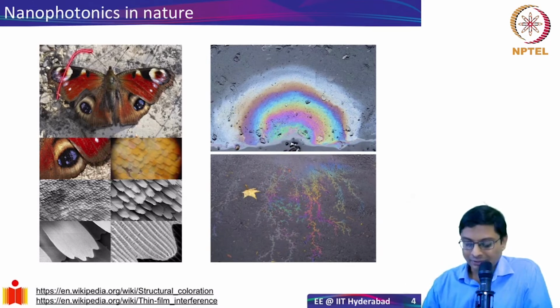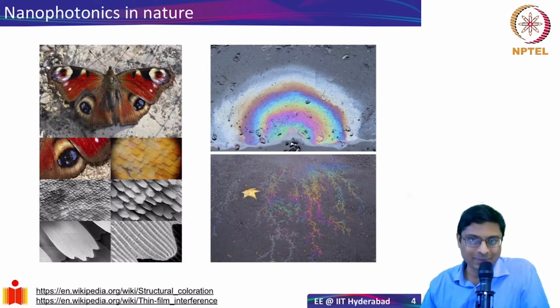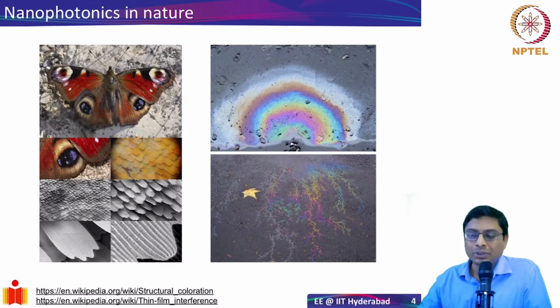The images on the top are microscope images, or photographs, of butterflies. You see butterflies have these bright, nice colors. How do these colors come about? If you take a butterfly wing and put it under a microscope, and increasingly magnify it, as you go to smaller and smaller dimensions, you will see that there is some nice structure coming about. But beyond a certain point, you cannot